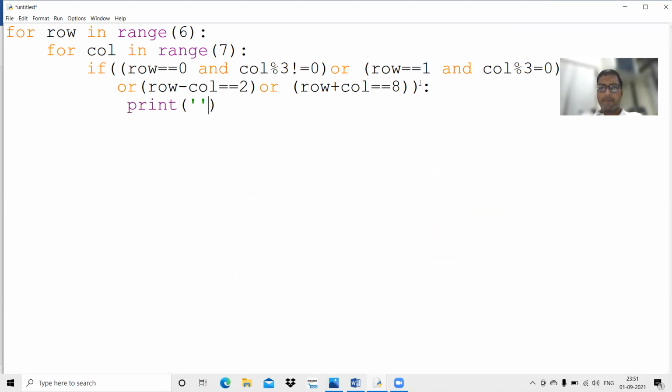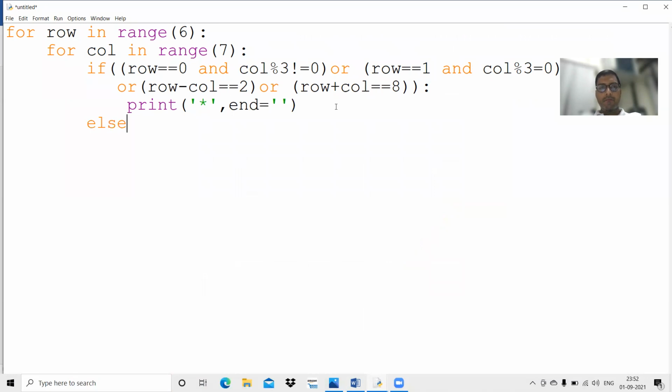Okay, but we know that in Python, a new line is built into the print function, and we want these stars in a single row. So we have to put end is equal to blank. Then otherwise what do we want?